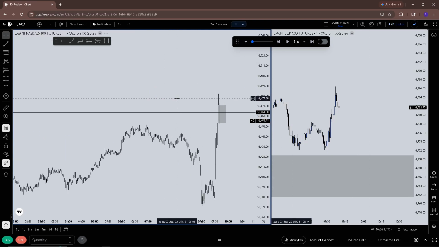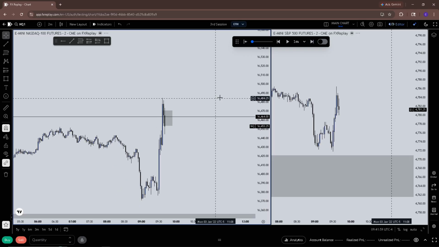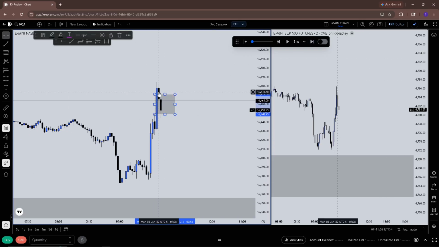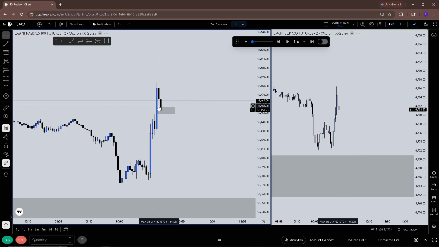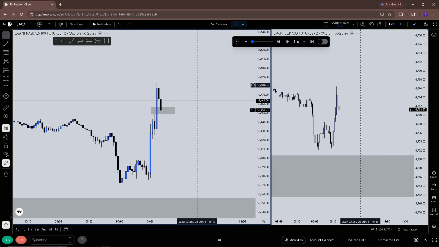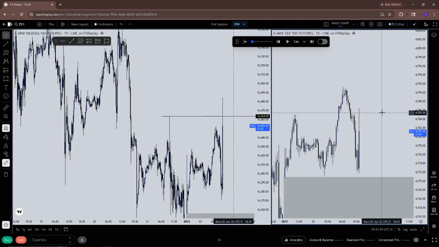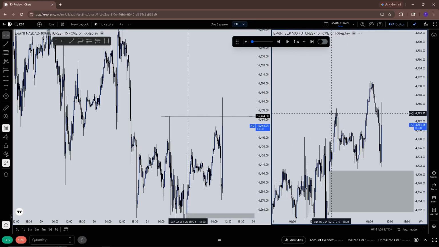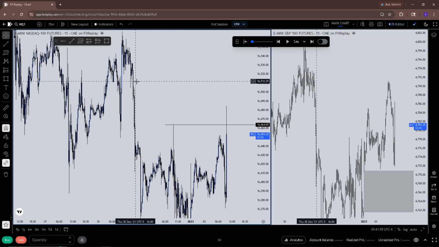One minute here. 1 minute closed. 2 minutes the highest time frame, perhaps. Do we have 3? No, 2 minutes highest time frame. So if I see this 2 minute close, I like this a lot. We SMT'd on the higher time frame. No, we'd already taken out this high.